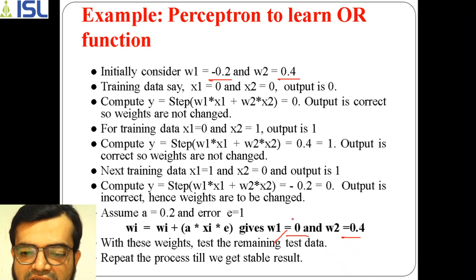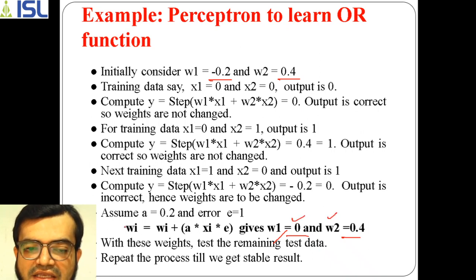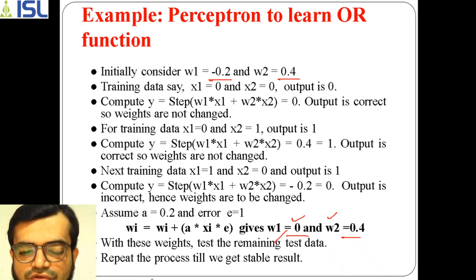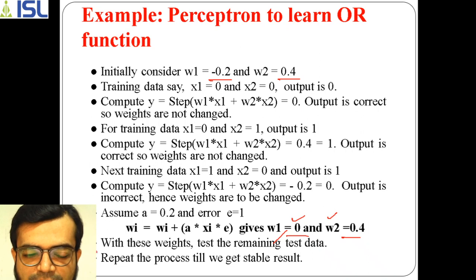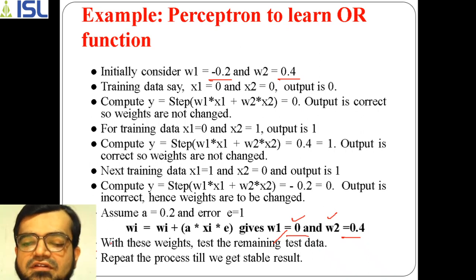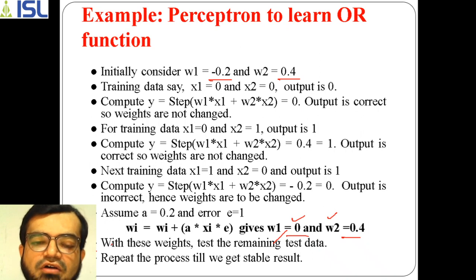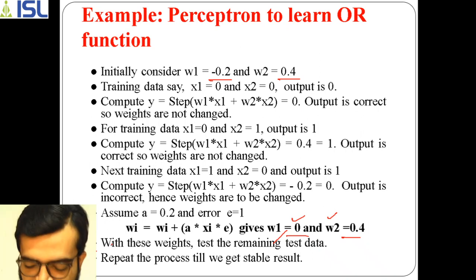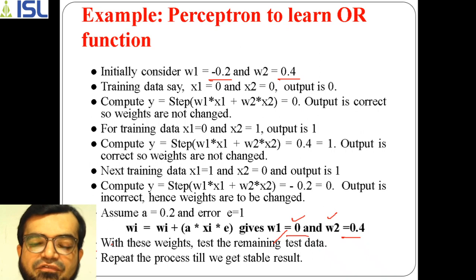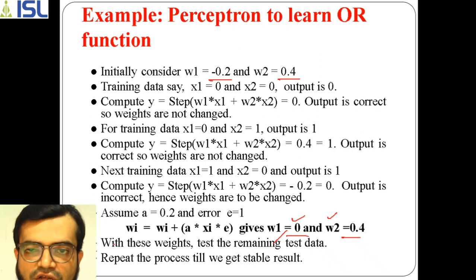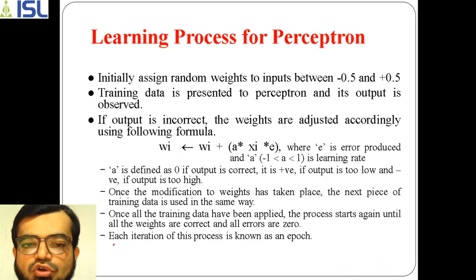But upon using these outputs, we have to verify whether the given conditions are satisfied or not. If not satisfied, for the next time we have to perform this again. So we need to repeat the process. This is a very important point. We need to repeat the process till we get the stable result. Stable result means for all of the given conditions, because in our operation we have 4 combinations. So for all the 4 combinations you should get the correct output. In that way your perceptron works here.